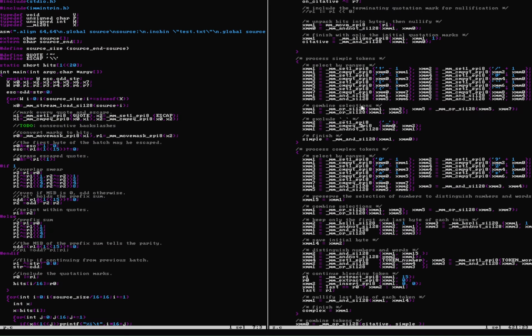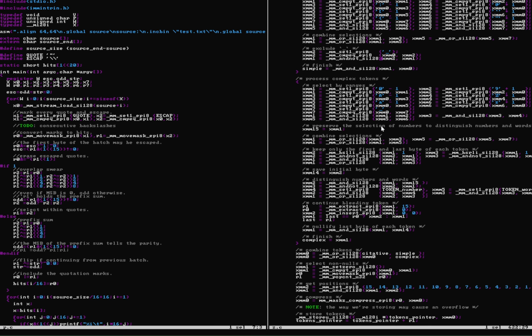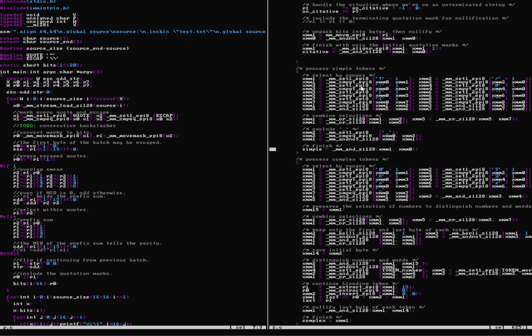I should have realized. But I try to be clever here. I do a lot of shortcuts. For example, I don't detect keywords here. Keywords, numbers, and words are effectively the same. They have the same transformations. And in simple tokens,